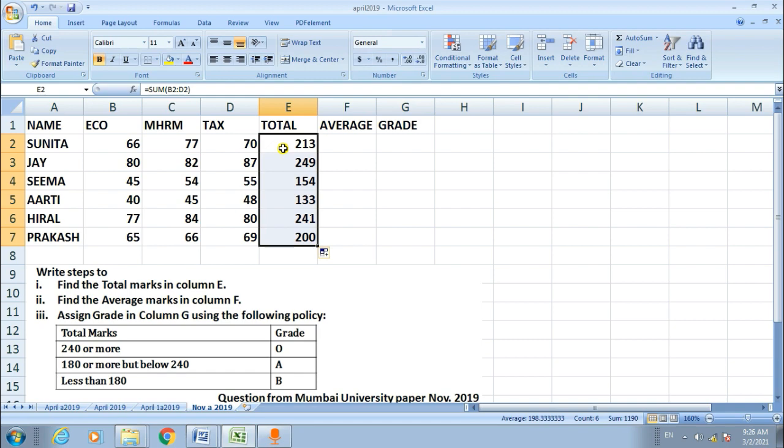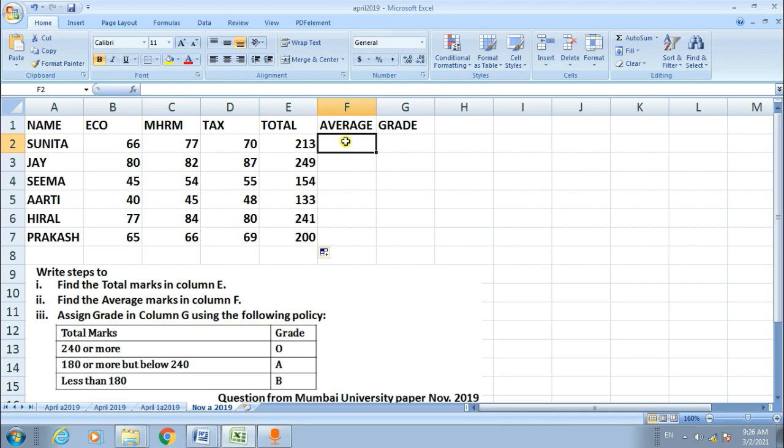The total we get. Now to calculate average, that is the second question, find the average in column F. This is our F column, and we calculate the average in column F, meaning in cell F2 we have to type the formula for average.